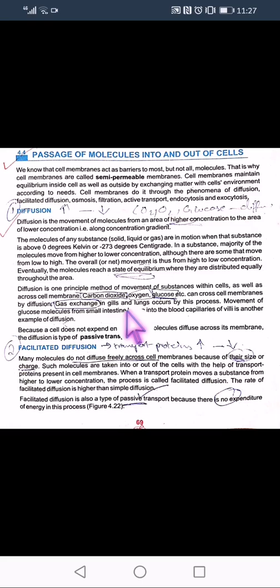Furthermore, you should know that in diffusion, molecules move easily from the high side to the lower side, so there is no spending of energy; no energy is given. As we know, if we throw a ball from a height to the ground, it easily moves down. We are not pushing it with energy. Same is the case here. In this diffusion process, we are not spending any energy. That is why the molecules diffuse across the membrane, and this diffusion is called passive transport.